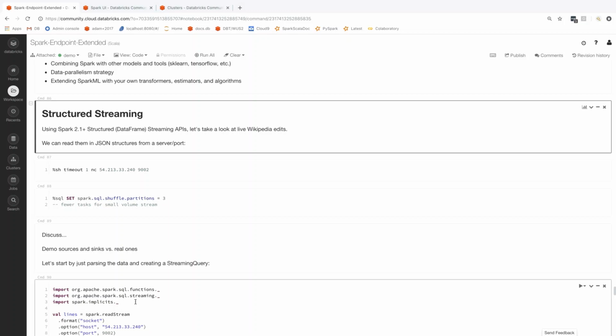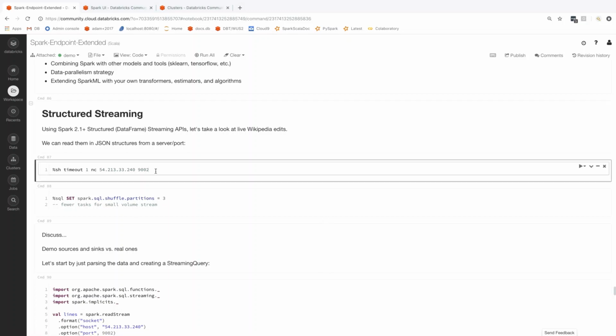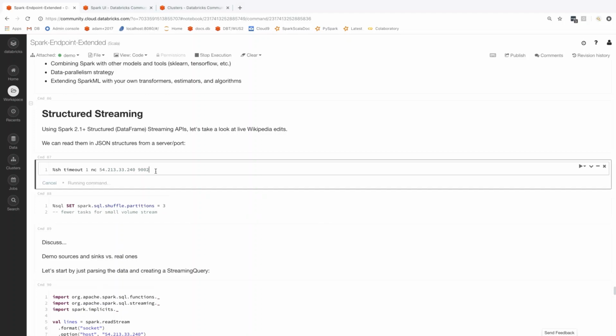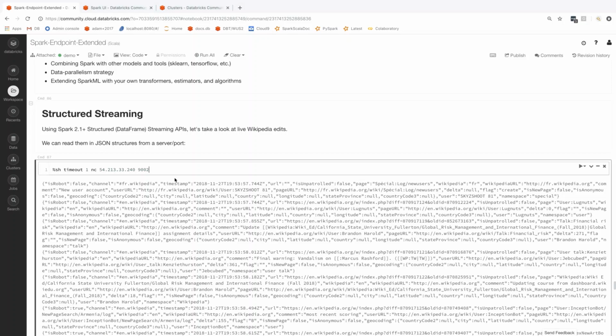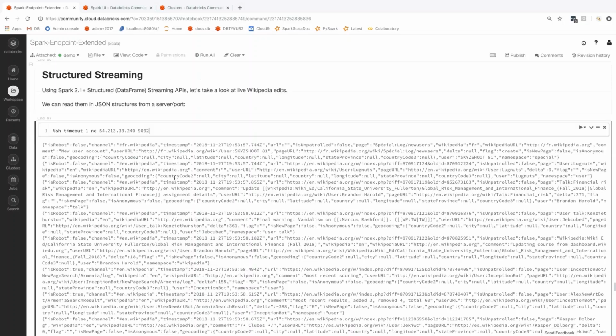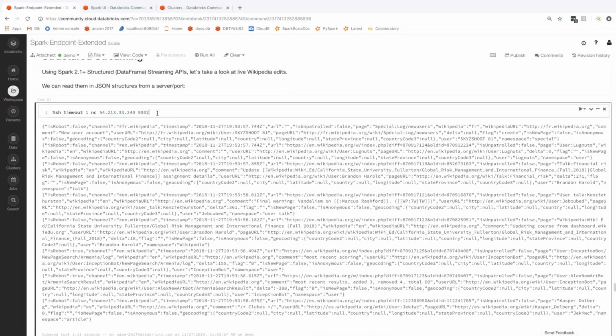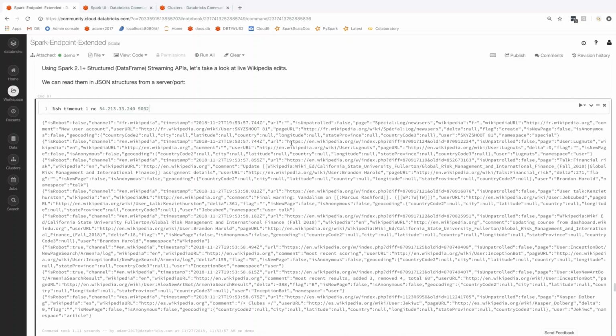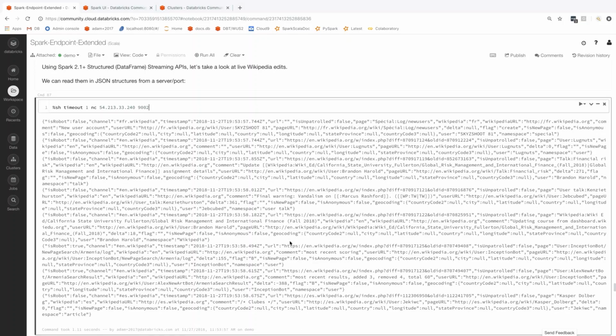streaming data. In this example, we're going to look at real-time edits, like actually real-time right now, into Wikipedia. And we're going to take a look at who's editing the Wikipedia in which languages. So this first command, again, there's no Spark here. This is just showing you what the data stream looks like. You can see that it's JSON encoded, and it has a bunch of information about each edit. So like what language and where the edit's coming from, obviously what article is being edited, who did it, and